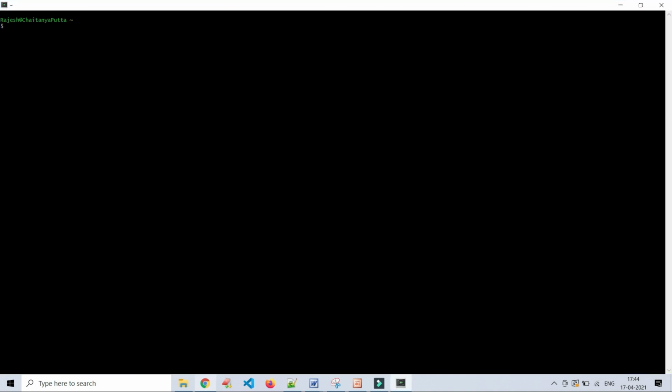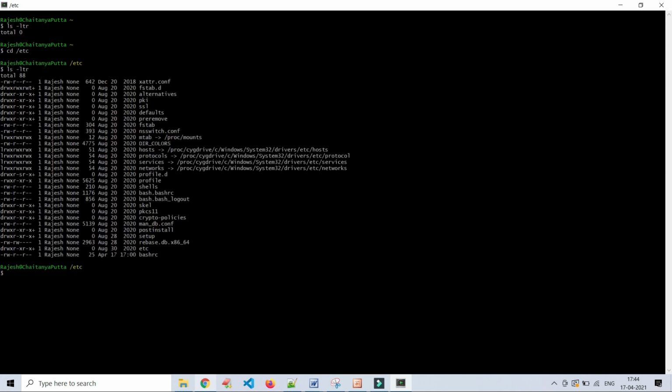See, still I am able to access the data in Cygwin. cd home, ls -ltr, cd etc. List out the files. Yeah, see, we can list out the files and we can work on the files.